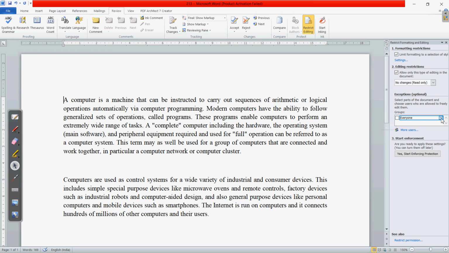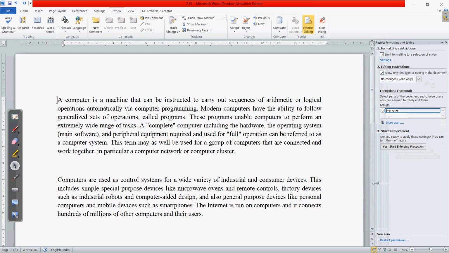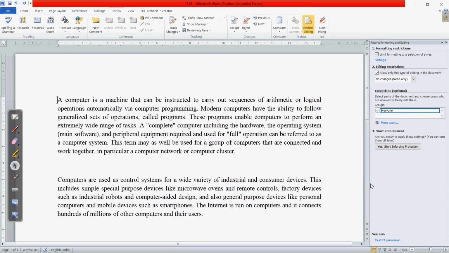If there is only one user, then it will not give you that option. If you want to give some exception, you can click on this checkbox. Then after that there is the start enforcement. Clear? Whatever settings you have just applied, if you want these restrictions applied on the document, you can click on yes, start enforcing protection.